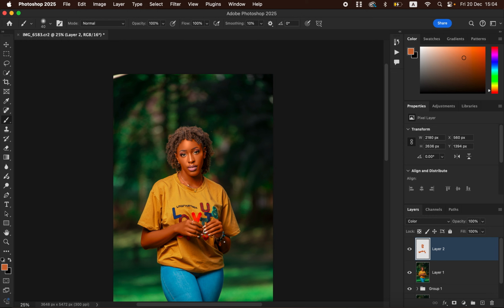So you can see the skin is now looking uniform, but this is too much and it is oversaturated. So just come to the opacity and reduce the opacity to your liking. I'm just going to go with around 50. 50 is okay. So after doing that, to correct or make the skin look better and more natural, just come